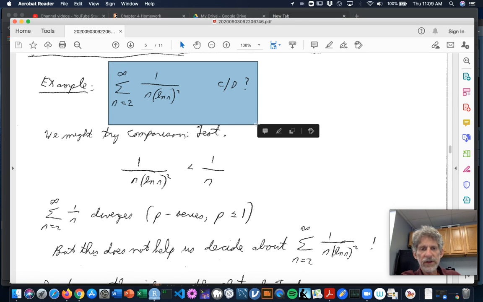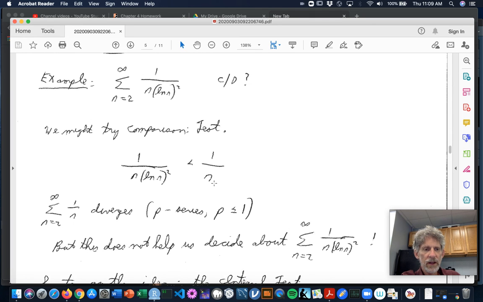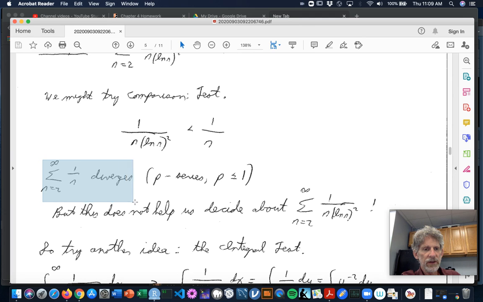Does this infinite series converge or diverge? Well, I could try comparison. I could look at my complicated terms, and I could say, you know what? This is actually less than 1 over n. Like log of n squared, that gets big when n is big. So if I stop dividing by it, I'm dividing by less. So this would be more. The problem is that this diverges. P series, p less than or equal to 1. It's a harmonic series, actually. So me being less than a divergent, I don't know about me yet. Maybe I could add to infinity too.